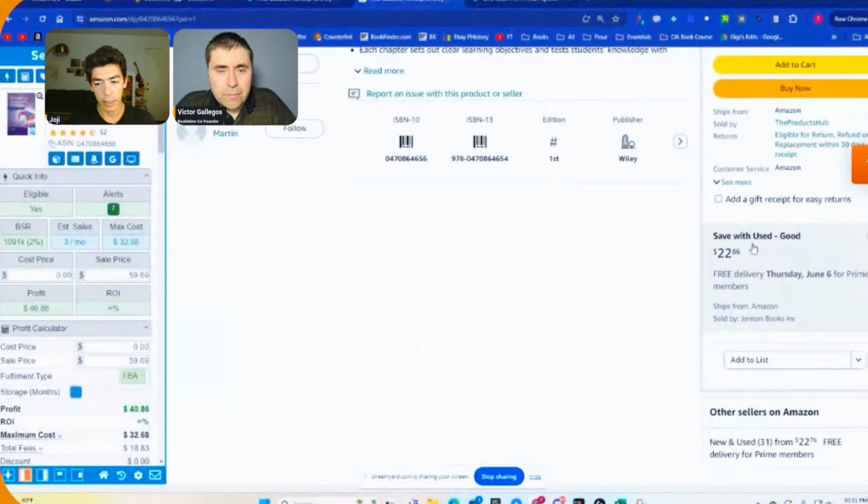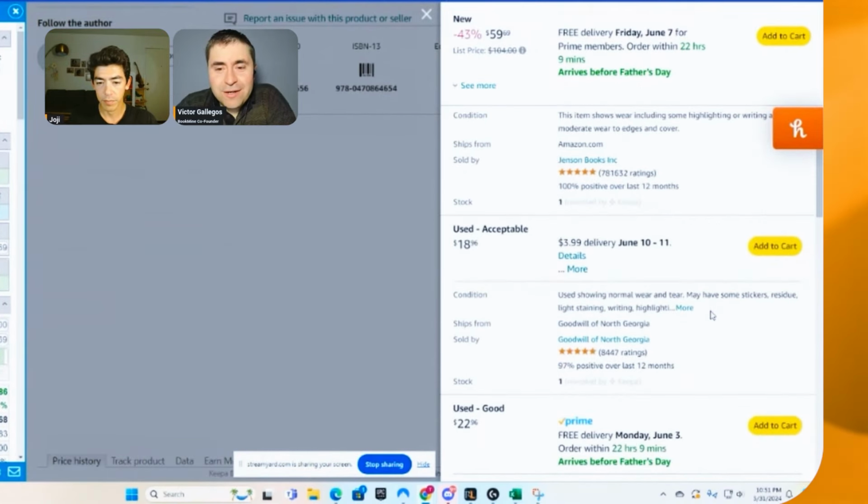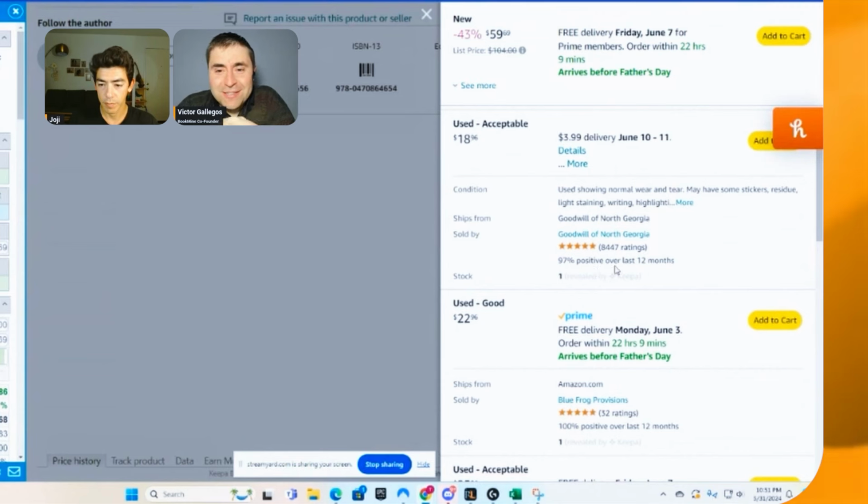We open up the Amazon page, and what we noticed on this page, Victor, was what? That we saw a Goodwill on this listing. A Goodwill with actually really high ratings. So really good feedback for the seller. So it's definitely a book that, although it's in acceptable condition, we have found, both of us, that